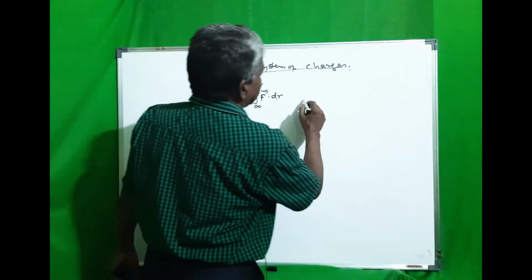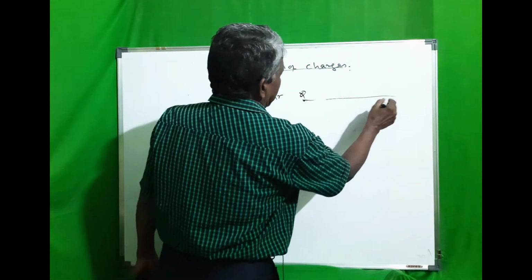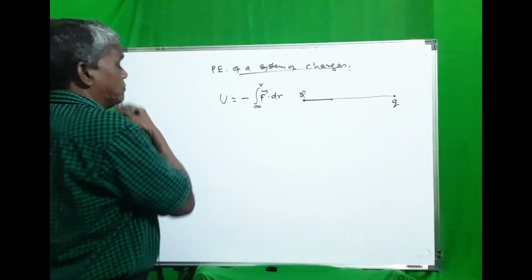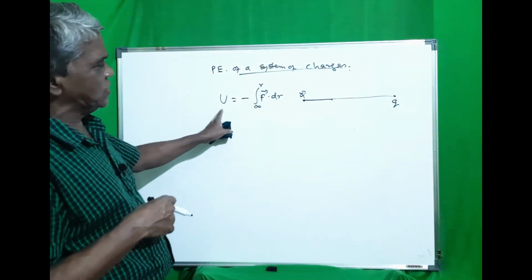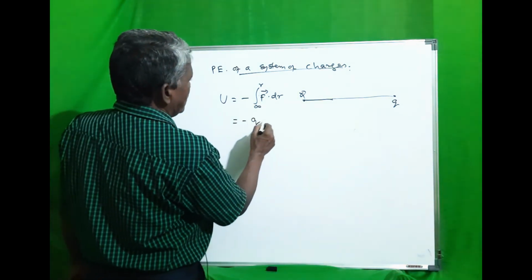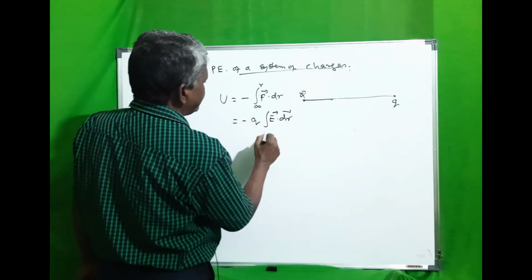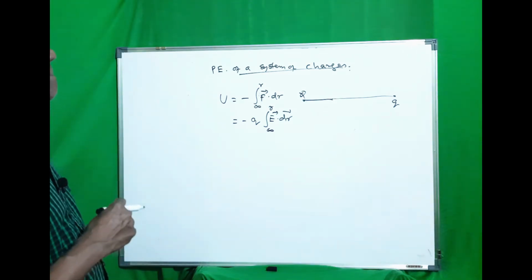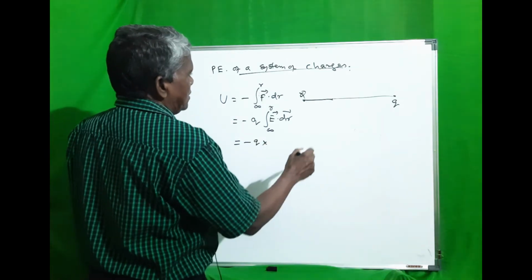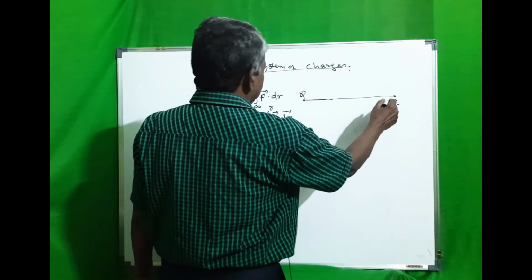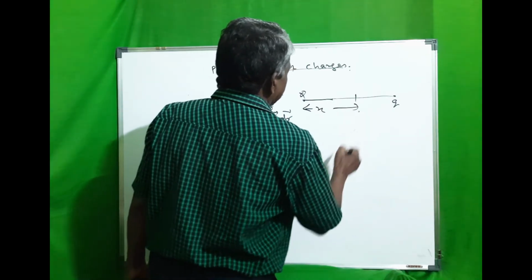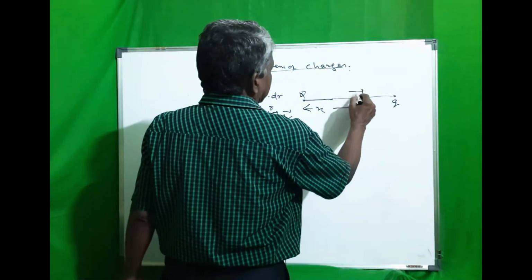Suppose there is a charge capital Q, another charge is small q, then potential energy between two charges when the separation r is given by U is equal to minus F dot dr, or that is minus q E dot dr. Suppose the separation is any distance x, then force on the charge